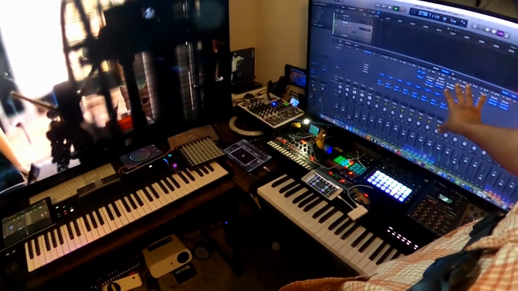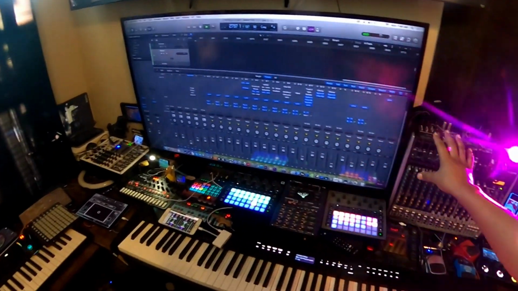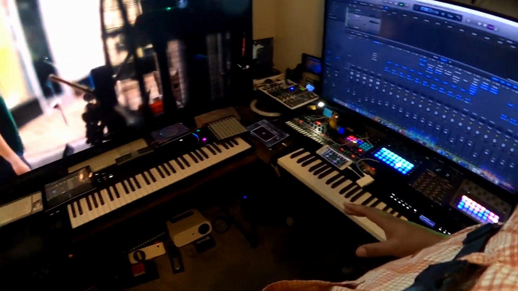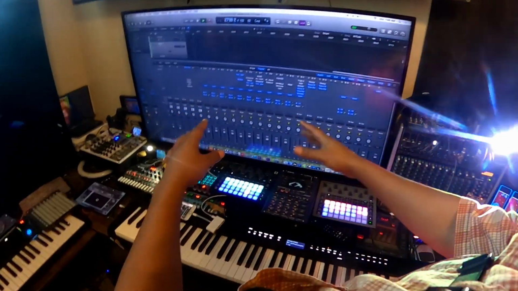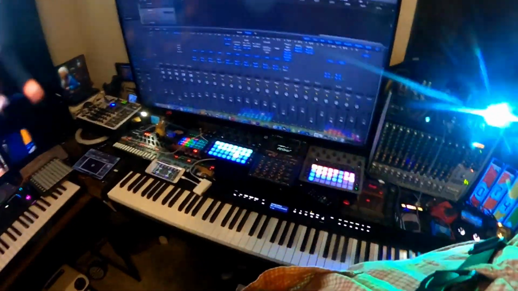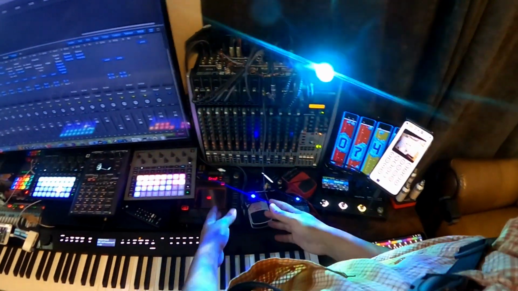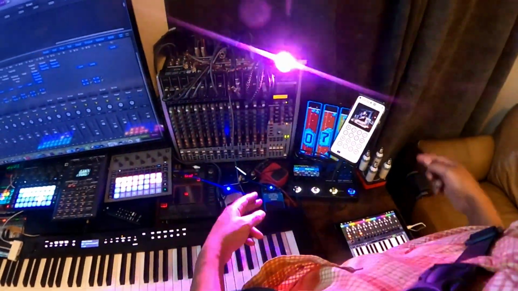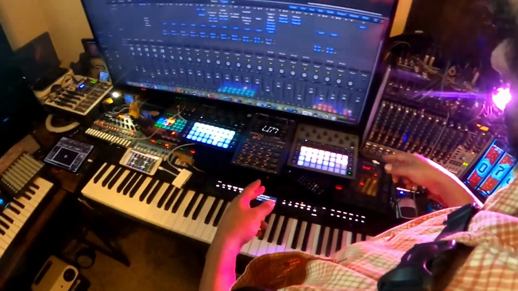So this Mac's audio interface is going out to this one, and the other Mac's audio is doing the same thing coming over here, and then they're making feedback loops just between the Macs if I want, or just between the KP3 and the mixer if I want, or whatever kind of different feedback loops I can get,